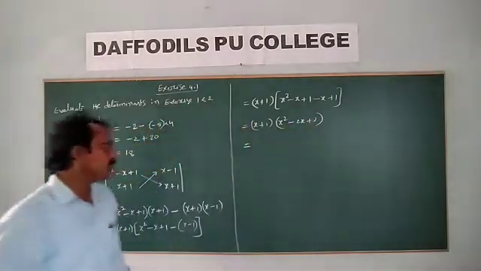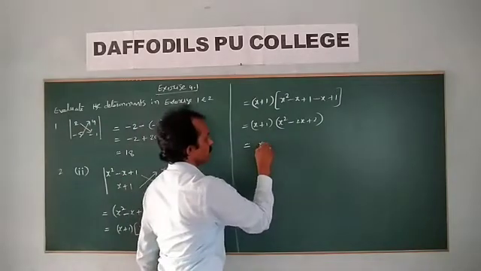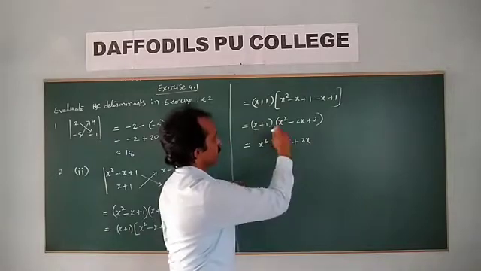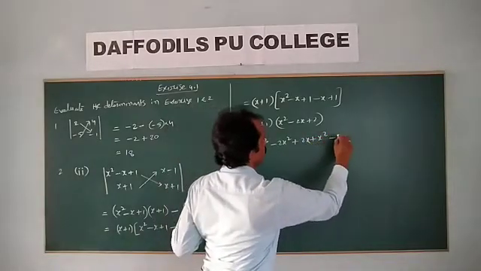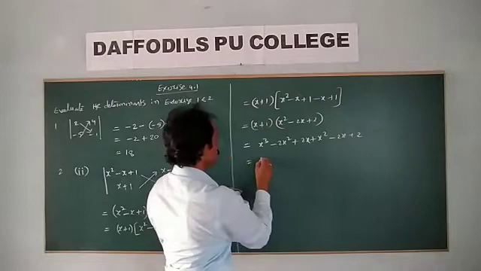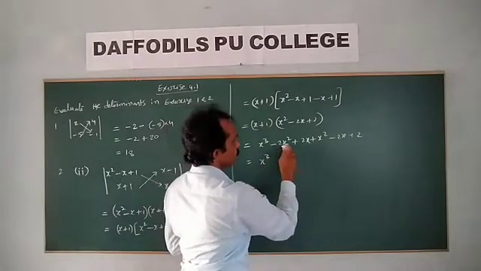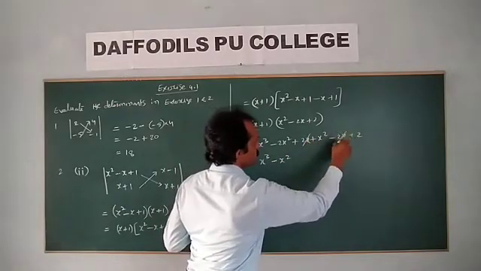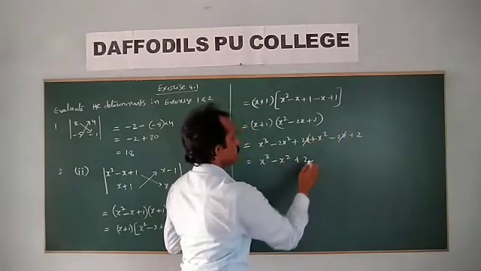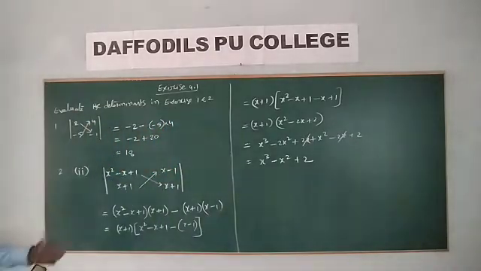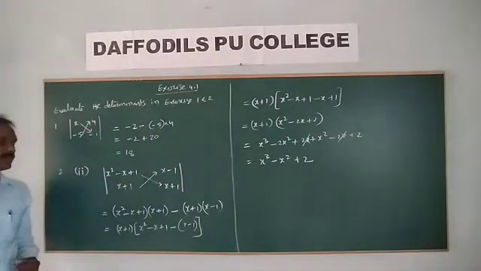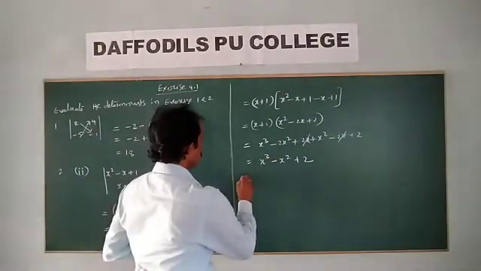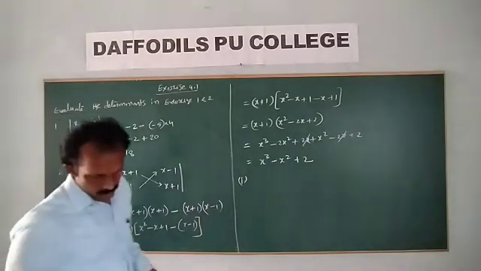Now we multiply that one. x into x square, x cube minus 2x square plus 2x, next plus x square minus 2x plus 2. So finally x cube minus 2x square plus x square minus x square plus 2x minus 2x cancel. So this is the final answer. So like this you solve 2 by 2 matrix. So this also is totally the same thing. First one, second one, do homework.